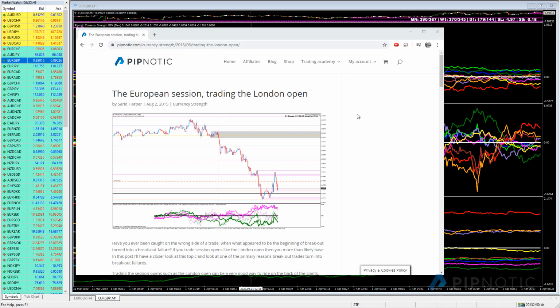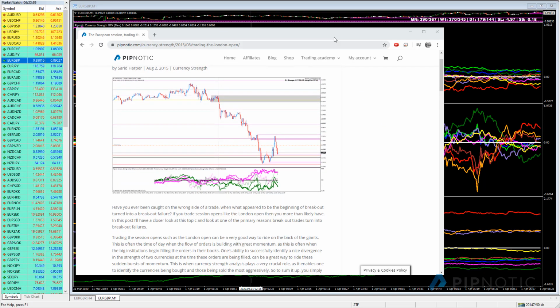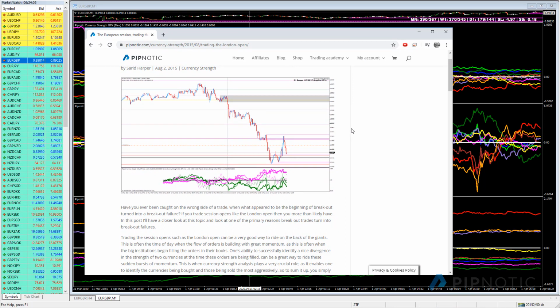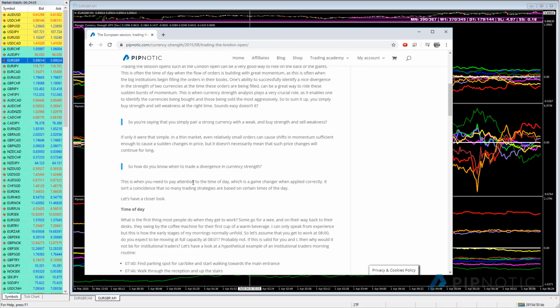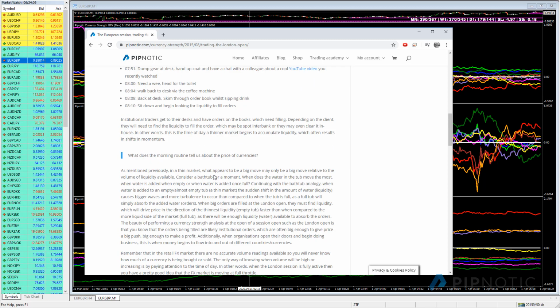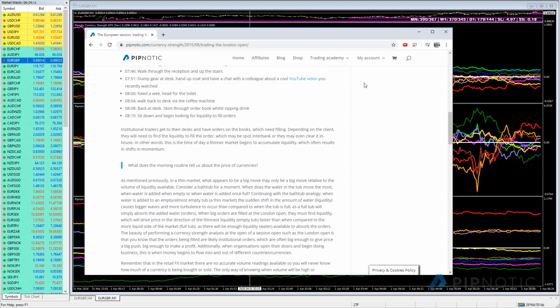And I wrote an article quite some time ago, back in 2015, about this, so the European session trading the London Open. And this article is very interesting, and it will tell you why I've decided to put this vertical line on the currency strength software 15 minutes into the session. It talks about the daily routines of some of the traders and when they're sitting at their desks, and why you could see that doing anything based on currency strength before